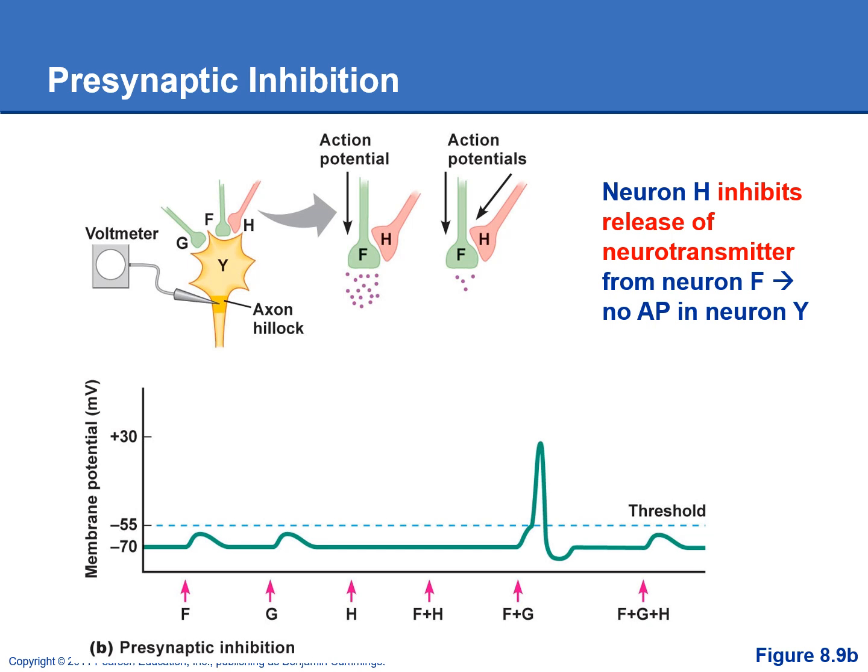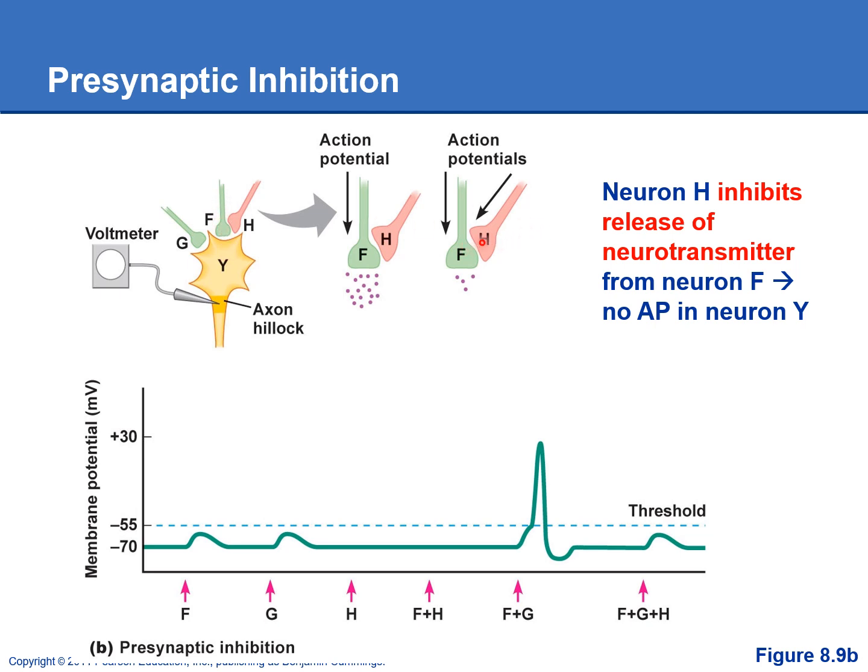Okay, and then just the opposite would be presynaptic inhibition. So here's our presynaptic neuron F, and if F just fires by itself, here's how much neurotransmitter it releases, and it produces an EPSP in our postsynaptic neuron Y, but it's not enough to reach threshold. We don't get an action potential. Okay, and then H, if it fires and releases neurotransmitter at the same time as the presynaptic neuron F is firing and releasing neurotransmitter,